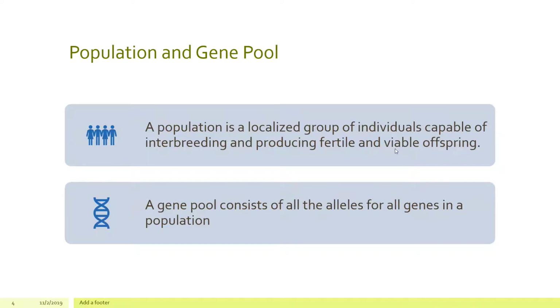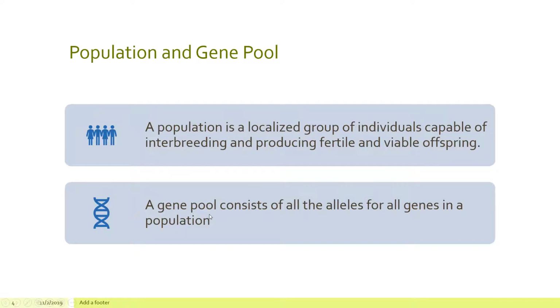And so an example of this would be, for example, a donkey and a horse. They are two separate species, and how we know that is because if they do mate, they are able to create offspring, which is the mule, but the mule is not fertile. It is sterile is the word that they use, and so it cannot have offspring of its own. And so we would say that the horse and the donkey are not similar species. So therefore, when we're looking at data from them, we cannot combine those into the same population.